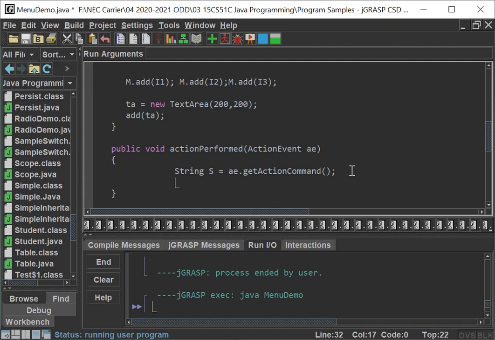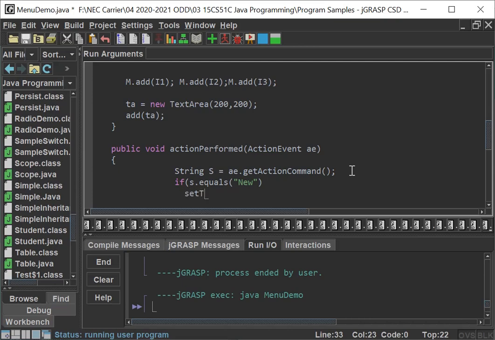Now that the "new" is there in the string, next is an ordinary string operation. We just want to compare: if s.equals("new"). Where I want to put a message in the text area, I have to set the text.